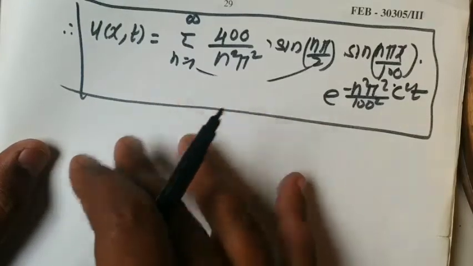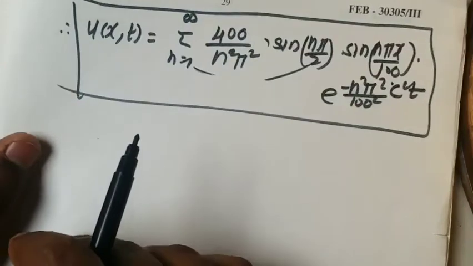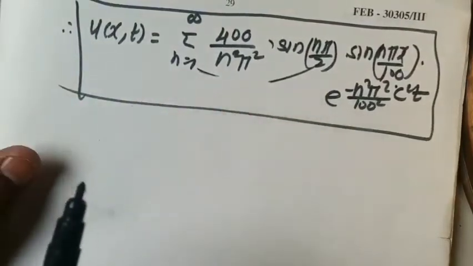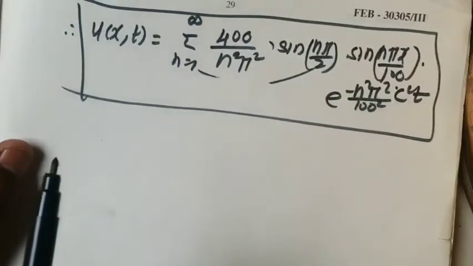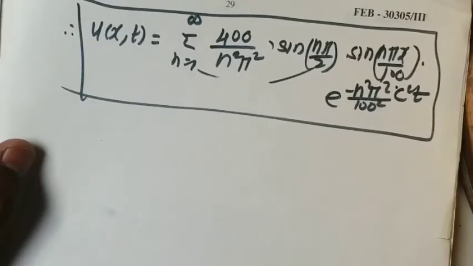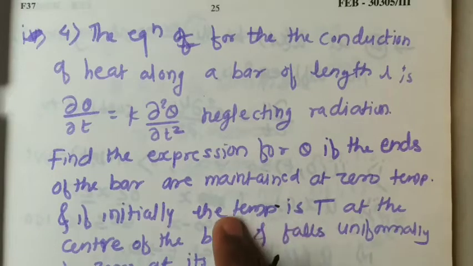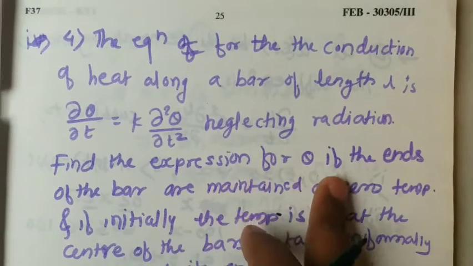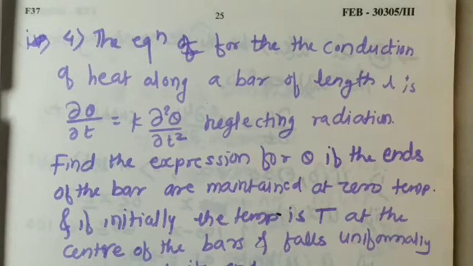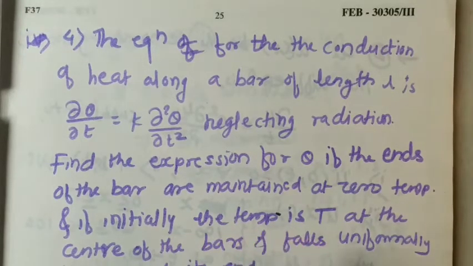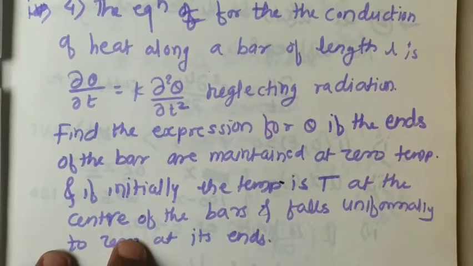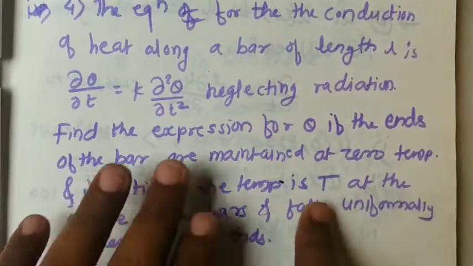So this is how we solve the one-dimensional heat equation if your function is of discontinuous type. Two separate integrations we have to perform. Now let us move towards the next problem. This is the fourth problem we are going to discuss. Here in this problem, the boundary conditions are given, and the initial condition we need to determine. Only the information at the center is given, the temperature is capital T. It is not the total initial temperature.